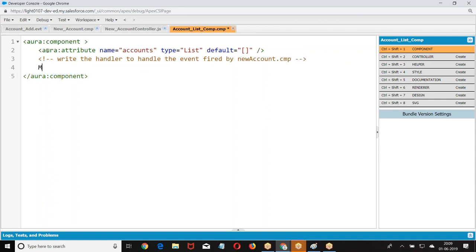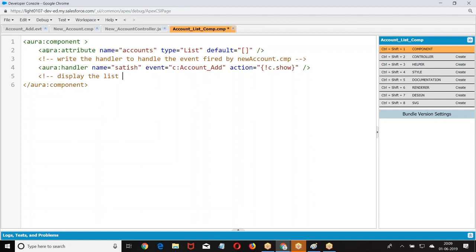How do you write it? Aura handler and the name equal to event c colon action, right. Display the list of